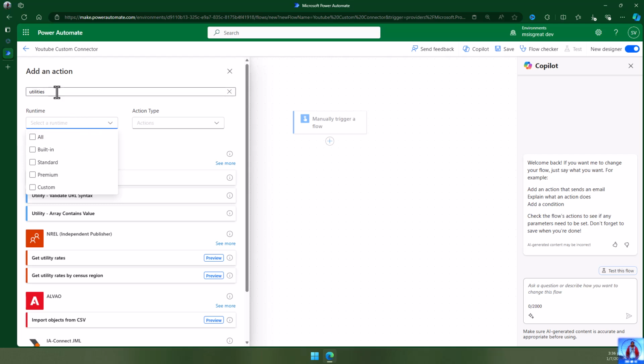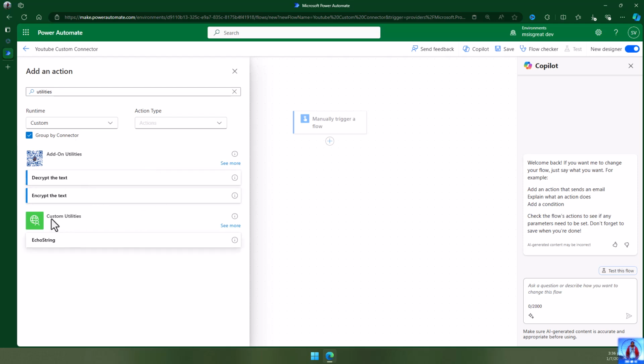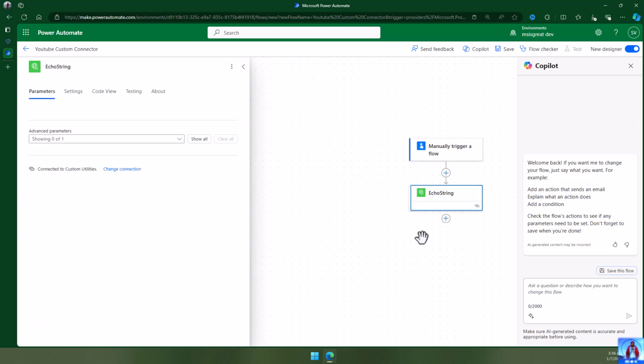So if you cannot find it by the utilities or by the name, you always have a choice to say built-in or standard, premium or custom. So when you click on custom, you would see all your custom connectors which are being created. In my case, this is the one, echo string. I'm just going to add the echo string, and you can see there is only one parameter in string, and I'm going to pass semicolon. Okay,